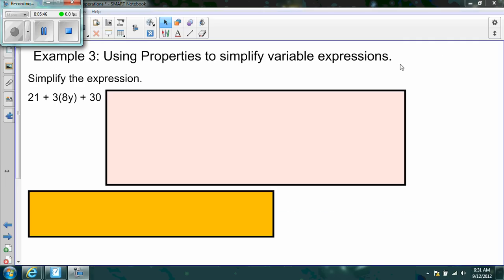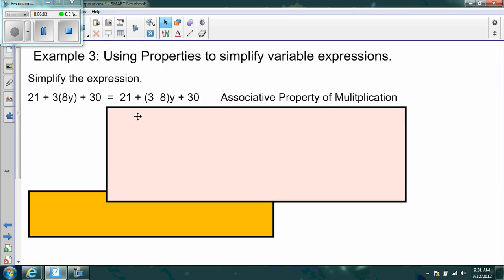Now, since this is pre-algebra, we're going to use variables, or those letters. We're going to use these properties to simplify an expression. Here we have 21 plus 3 times 8y plus 30, and we want to simplify it. So in this case, we can say,